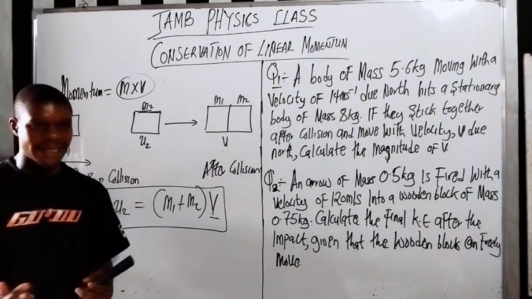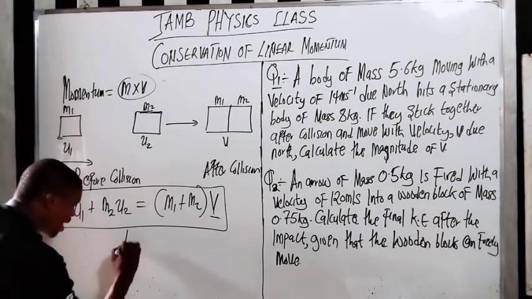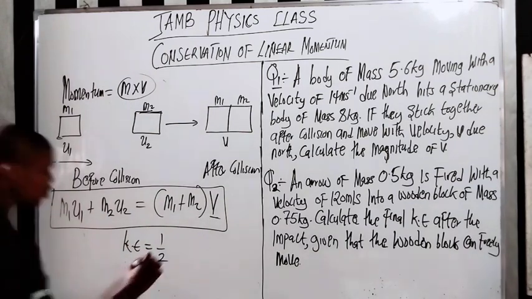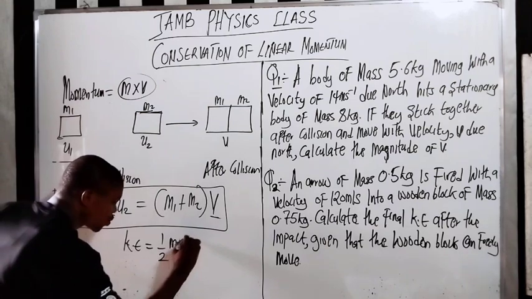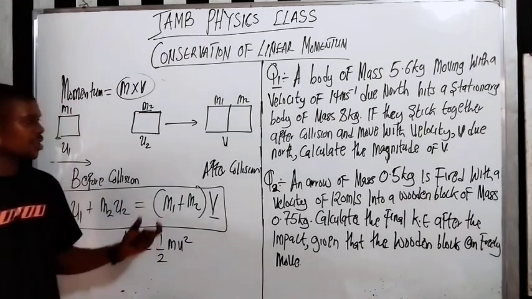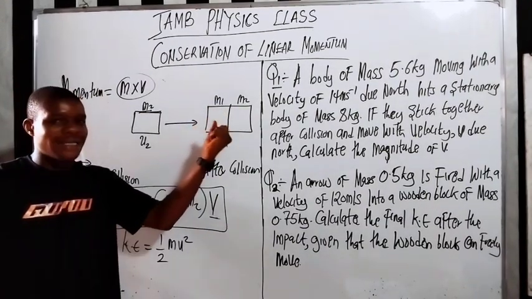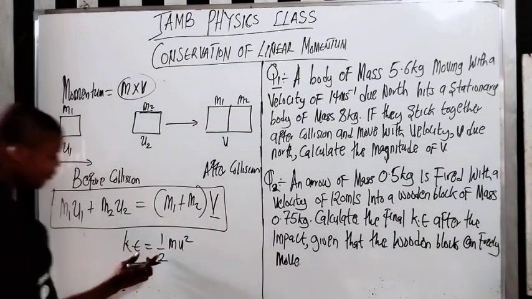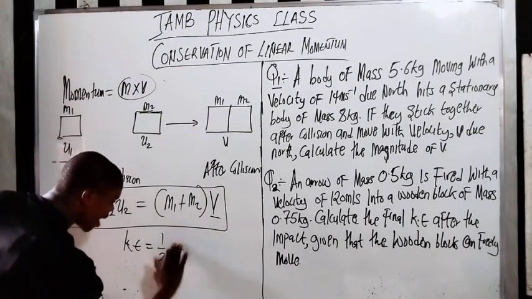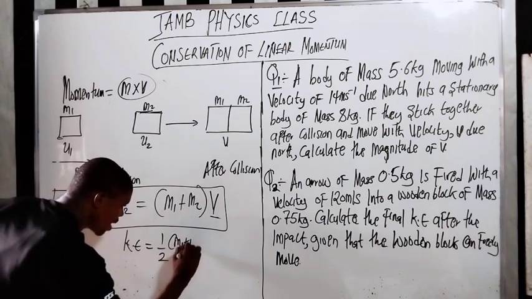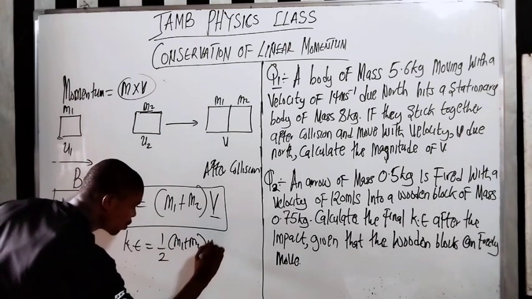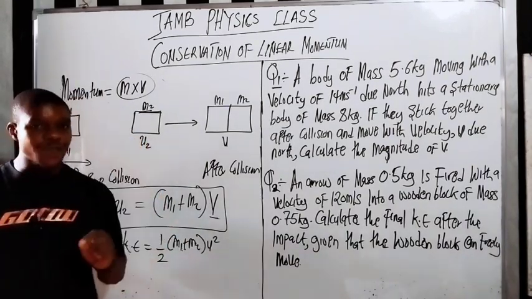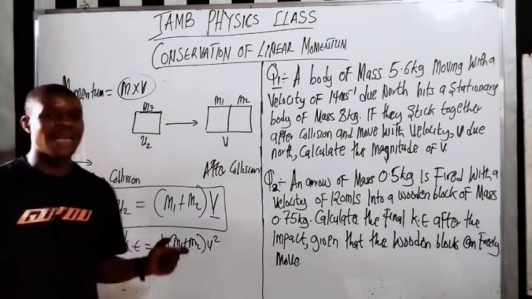Now, what is kinetic energy? Kinetic energy, KE, equals half mv squared. Now, because they stick together, the two bodies are not separate. So instead of saying half mv squared, you're going to do half (m1 plus m2) v squared. So if they ask you in the exam to calculate the kinetic energy after collision,